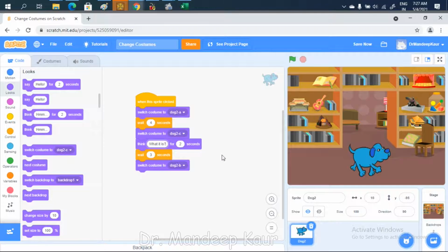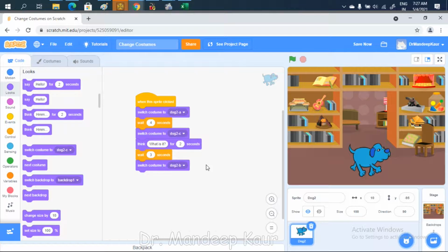I'll just click here. He's going forward for 4 seconds, and then he'll think, oh, what is it? And then he'll go forward. So yes, you can put any of the information, any of the things here. What is it? So in this way, you can change the costumes of your sprites.